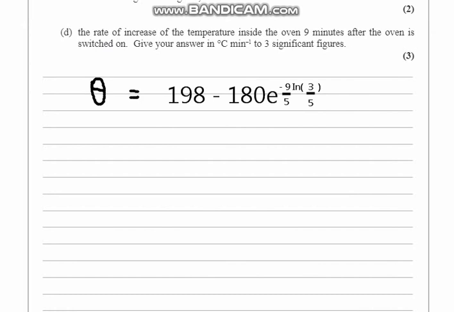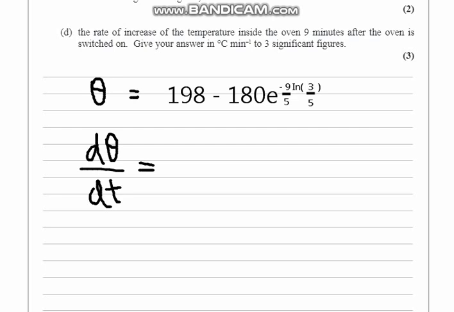Here you go, that's our theta here, and we have to find d theta upon dt because we are finding with respect to t, and I've multiplied t already with minus 1 upon 5, and that's minus 9 upon 5 here. Now getting into it, differentiating it. So the differential of any number I told you before is 0, so you don't have to divide it because there is no x here. We are differentiating with respect to x, or you can say t, so there's no t here, so that will be 0.